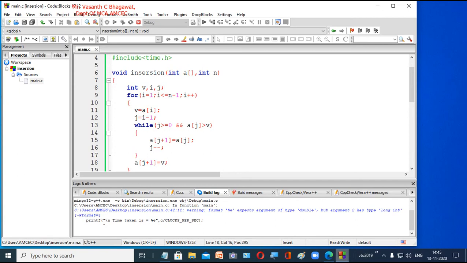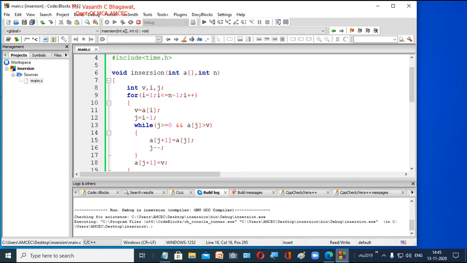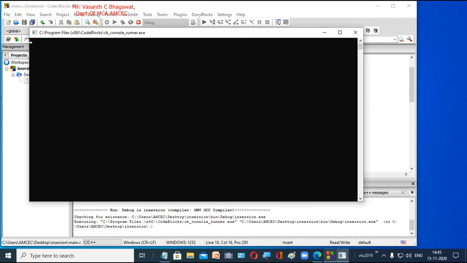Yeah, it's compiling now. You can see all the changes, all the log reports that have been generated. Now we don't have any systematic error. Let us execute and check. Initially when you are checking the program, we give small numbers, but in your examination, for the examiner, better try to give larger numbers because we need time complexity.